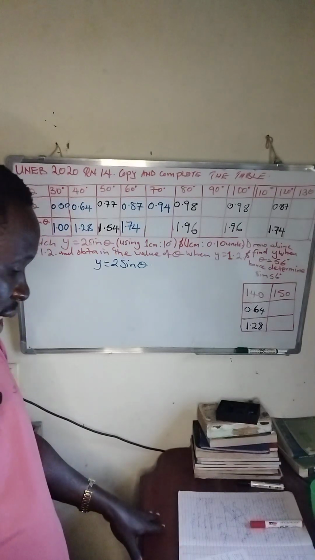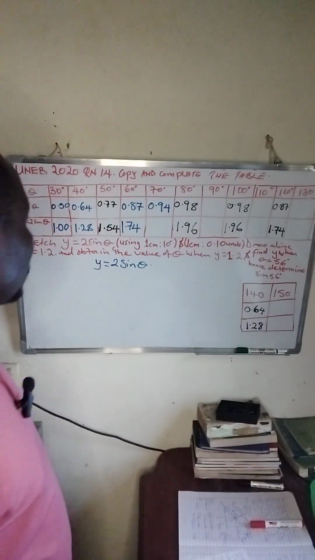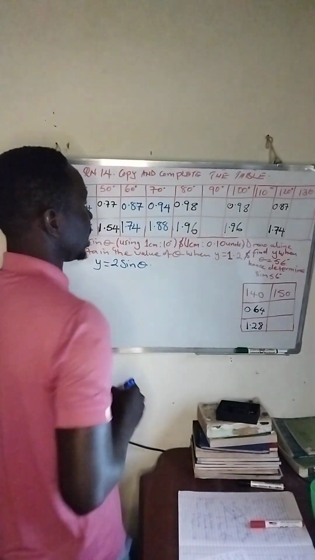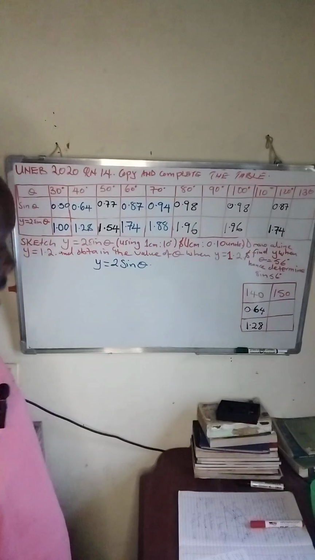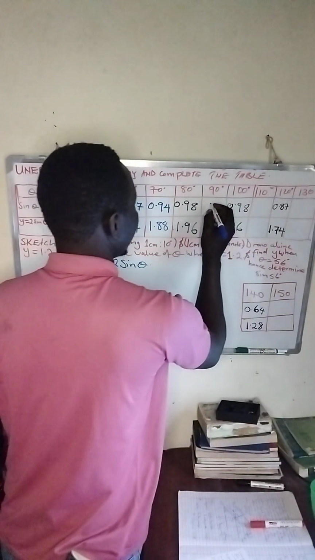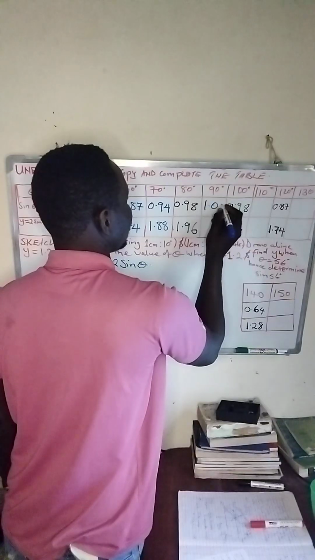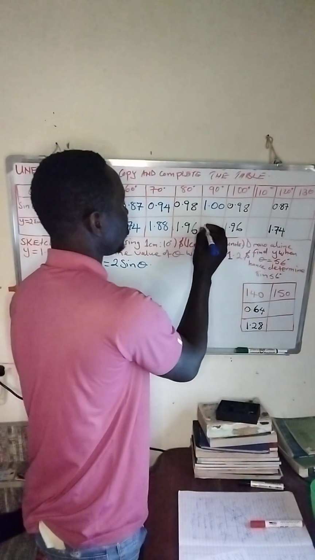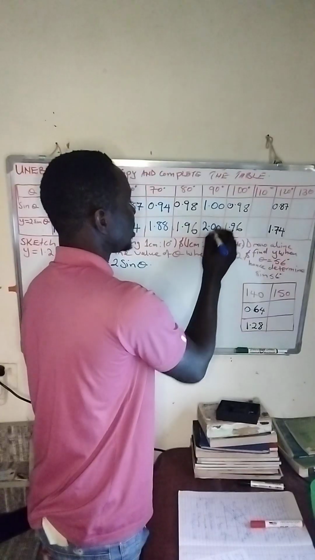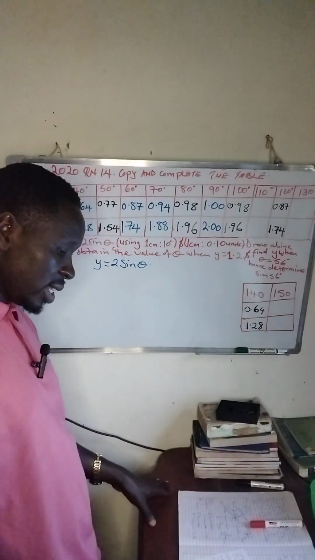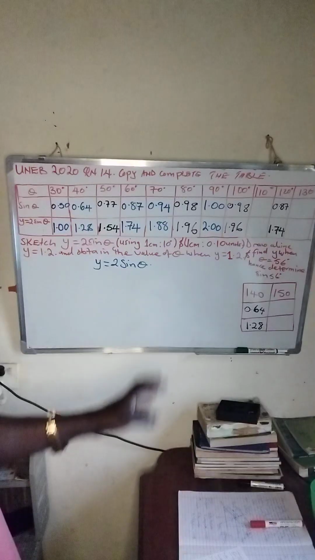You place your calculator as we are moving. 1.88. Sine 90. Sine of 90, all of us, when we place, this is a 1. Then we place point 00. Then also, this one will be a 2, but point 00. Are you together? Now, from that arrangement, we proceed with the sine of